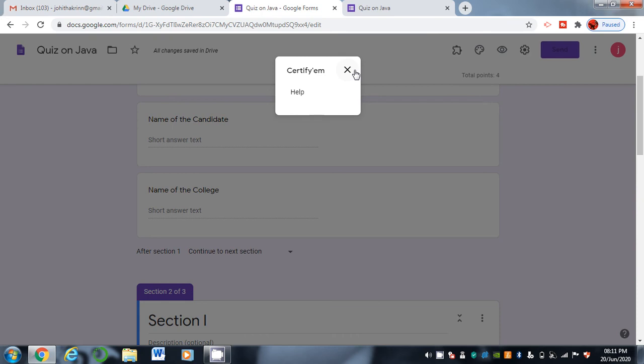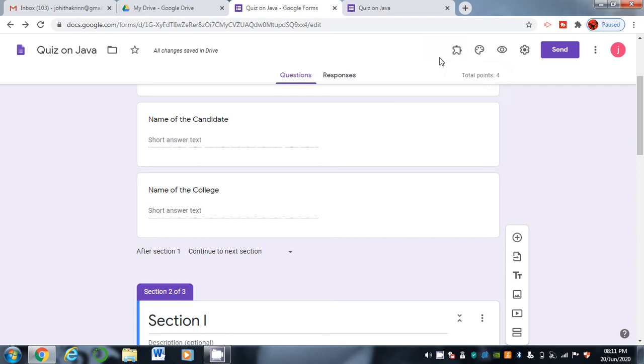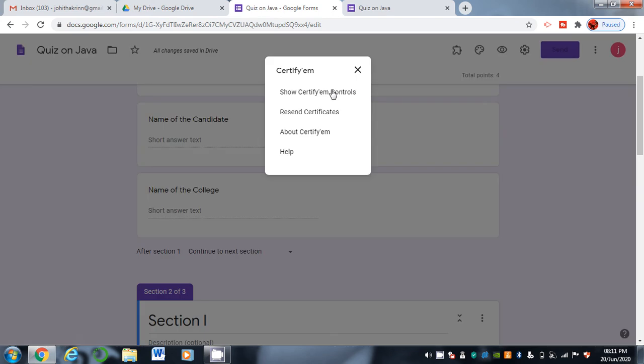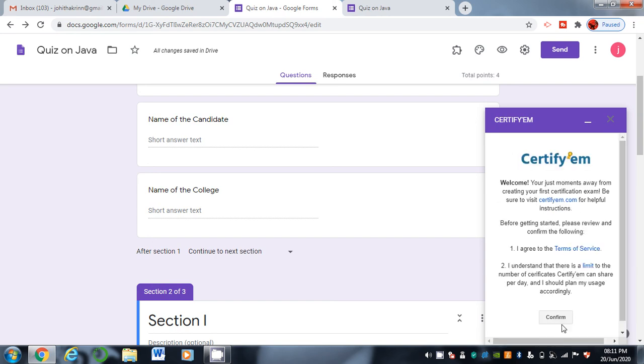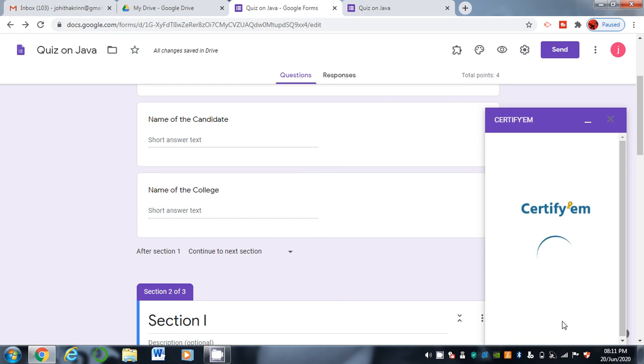So my internet is slow, just wait. If your internet speed is high, then it will show all these controls. So show Certify EM controls, it will display the controls of Certify EM. Simply confirm.